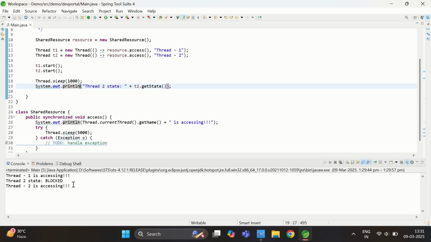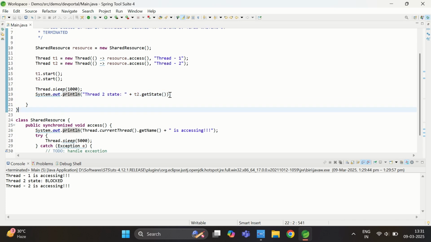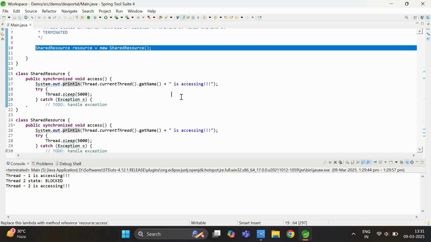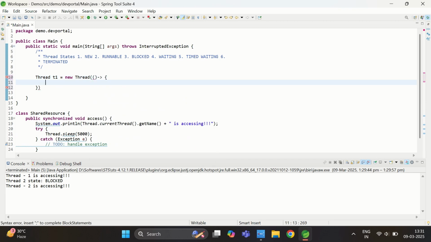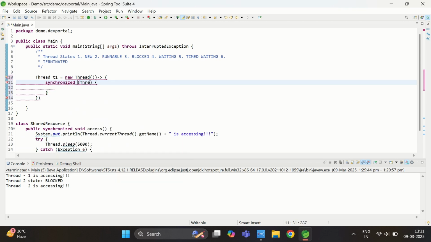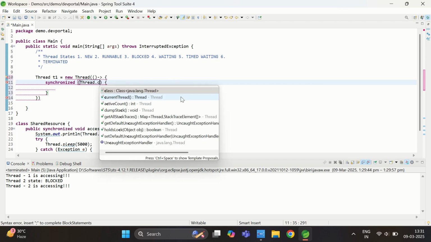Now let's see how a thread will come under waiting state. So I need to remove the code again. First let me remove this code, and here I will create again one thread object, that is thread t1 is equal to new thread, and here I will use lambda expression, and I will create one synchronized block here, and here I will write thread dot current thread,